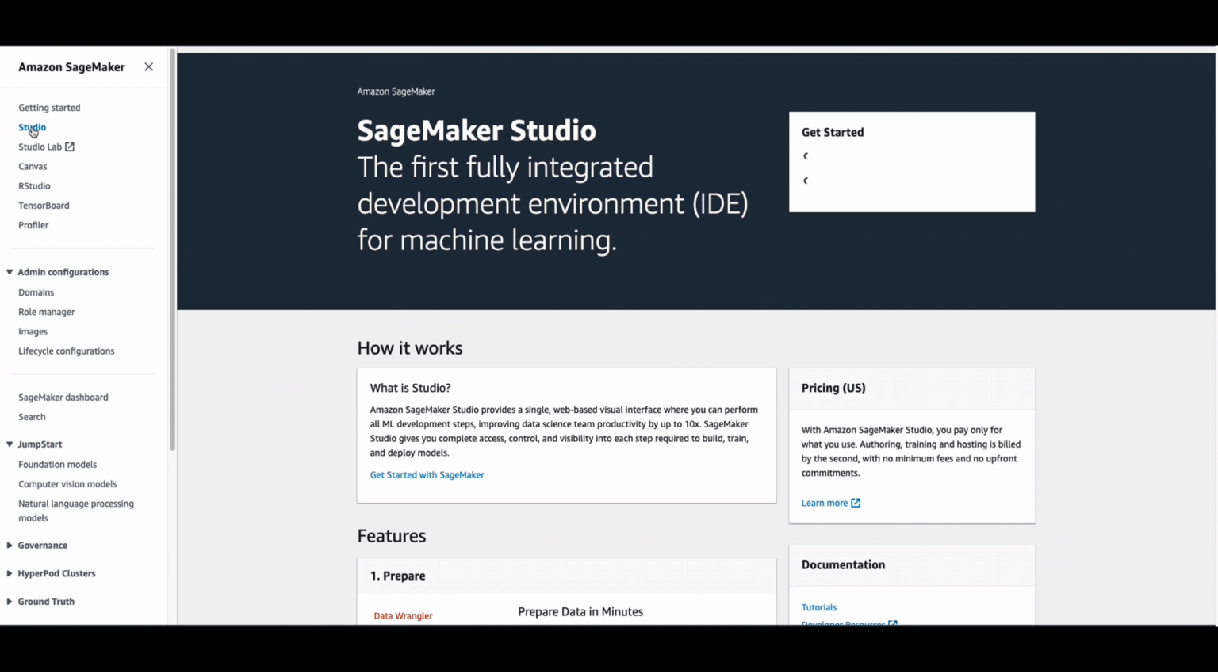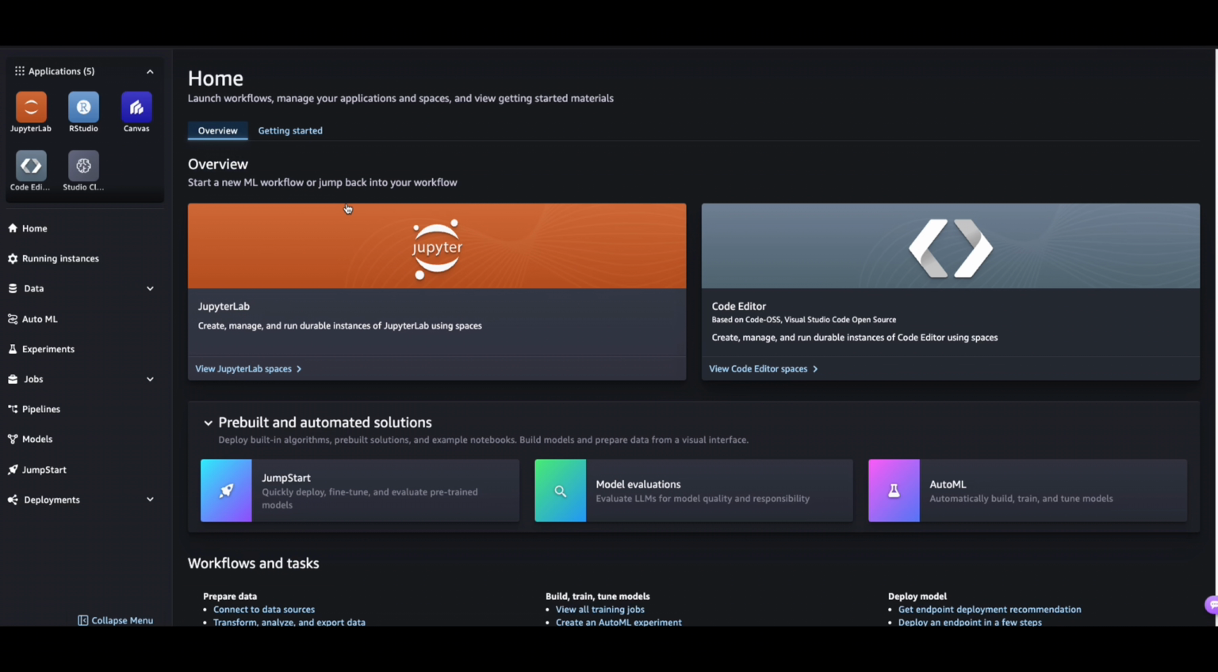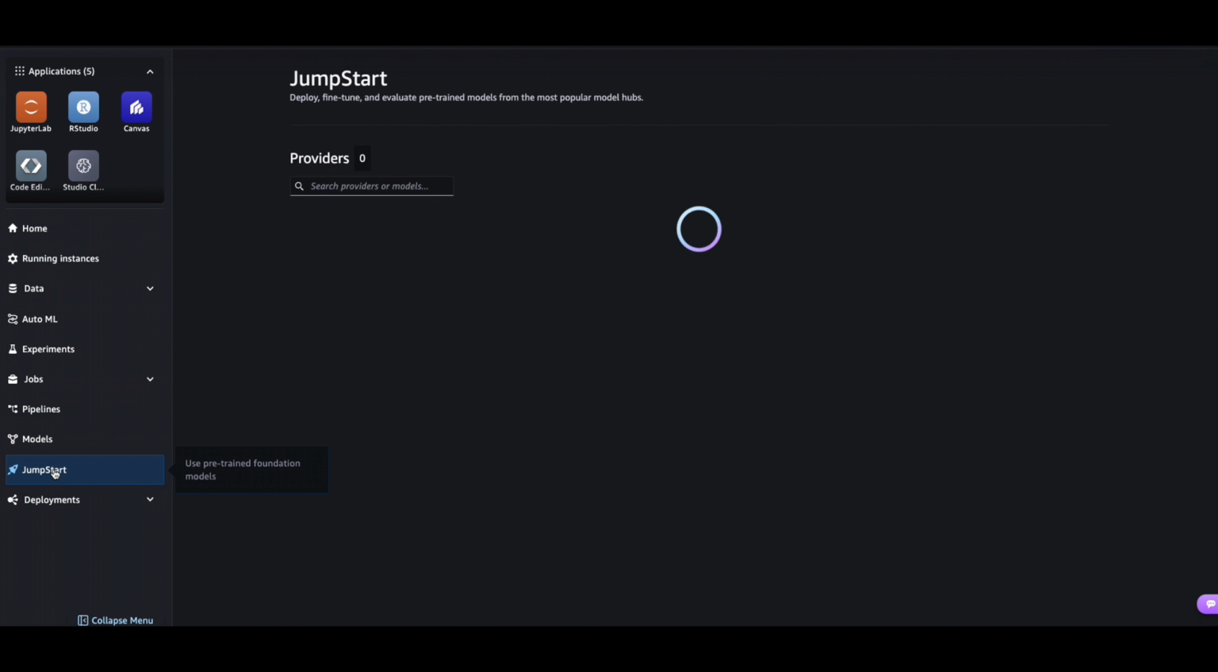I'm going to click on Studio right here and open it, and it takes you to a different interface. This is where you have all the options to browse the models as well as host the model. Pretty much it covers all the LLM ops in SageMaker Studio. Before we start, I want to go through the models. If you look at the left side menu and click on JumpStart, you can see some of the pre-trained models available,